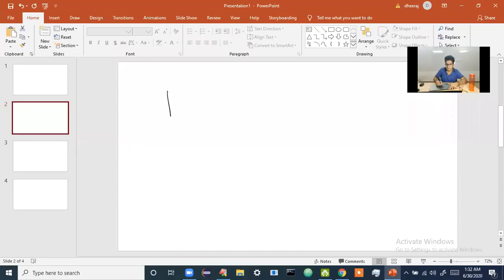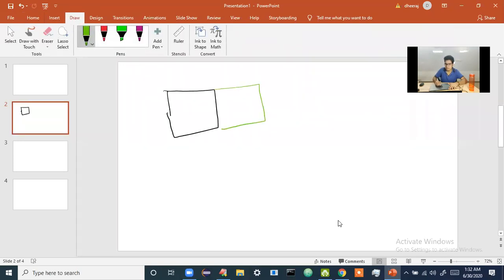Let's imagine I have this star pattern. This is our square, and this is the second square. In this first square, I want to draw this butterfly. And in the second square also, the same butterfly I want to draw. When you see this diagram, what do you have to understand?